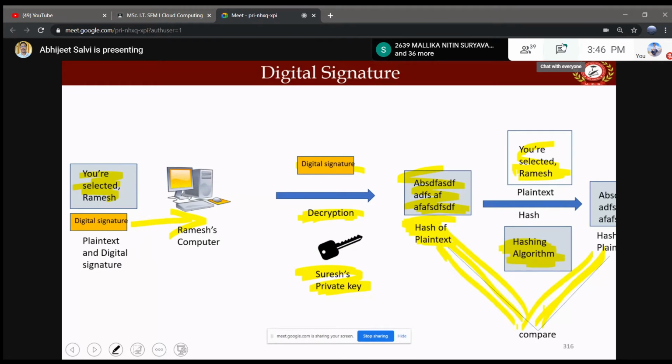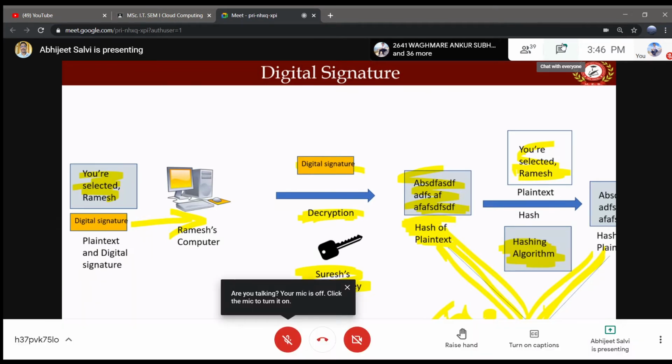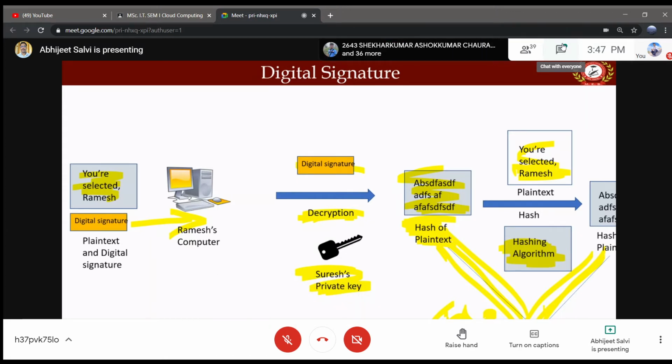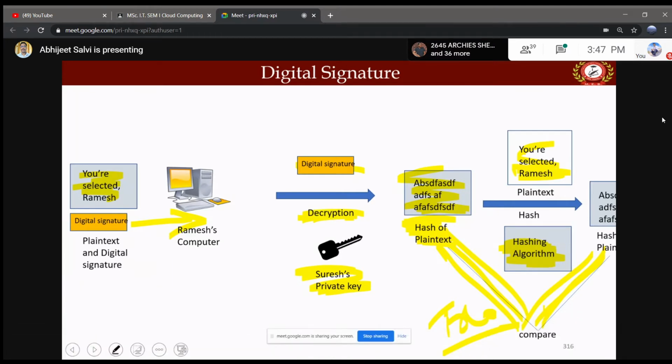If the answer is true, then the data received on Ramesh's side is proper, non-tampered data. That is the idea of the digital signature. In a digital signature we combine both techniques, encryption and hashing. That is the concept of a digital signature.